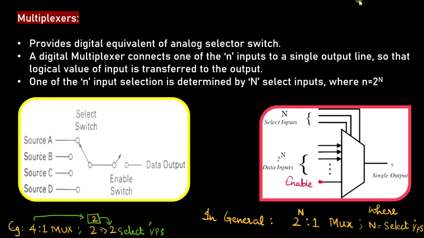For a 4:1 mux, you have 2 to the power 2, okay. In general, I have also given the expression 2 to the power n:1 mux, where n corresponds to the number of select lines. Fine. So, if you are considering a 16:1 mux, then how many select lines would you use? 2 to the power 4 will give you a value of 16. That means the number of select inputs that you need to use should be equal to 4.